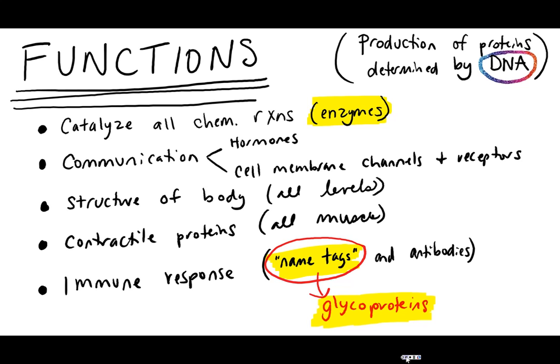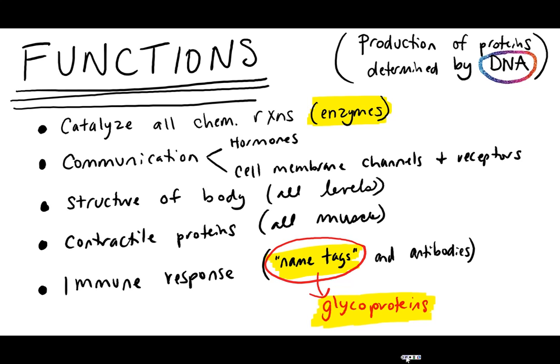Now we're going to be talking about two examples of proteins here in this chapter, and those are the enzymes and the glycoproteins. So we've already mentioned enzymes in a previous discussion. We talked about them as biological catalysts, which remember means they are speeding up the rate of the reaction without being used or changed in any way by that involvement.